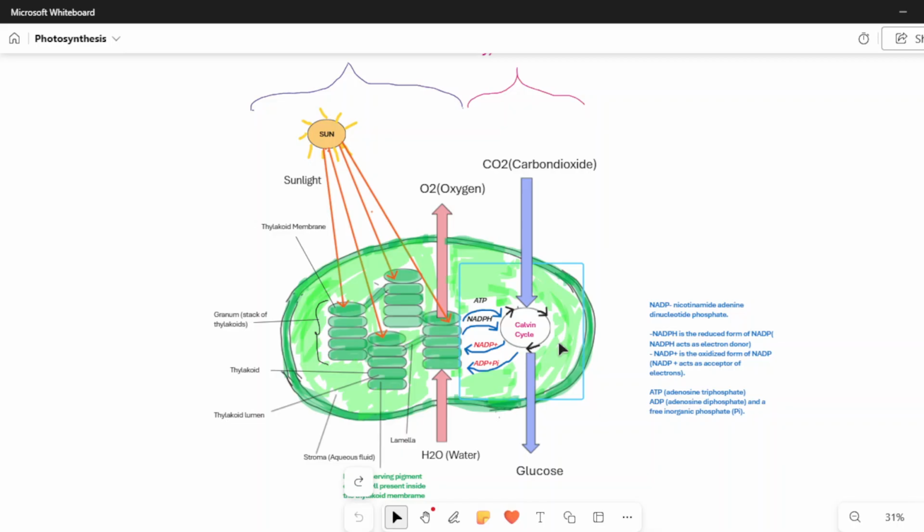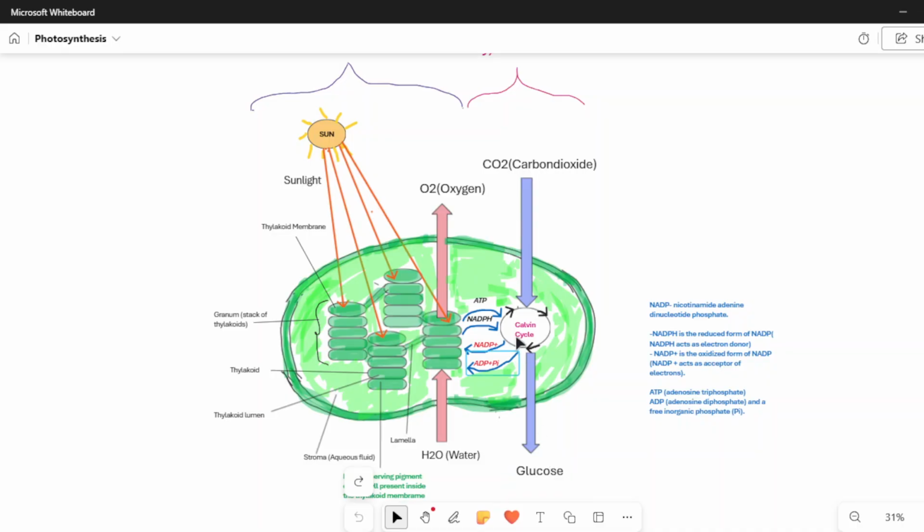The complex chains of carbon are formed and it forms something called glucose. So these two along with carbon dioxide all work together and produce glucose. Glucose is the final product, which is called the food of the plant. This is what is going to be used throughout the plant's